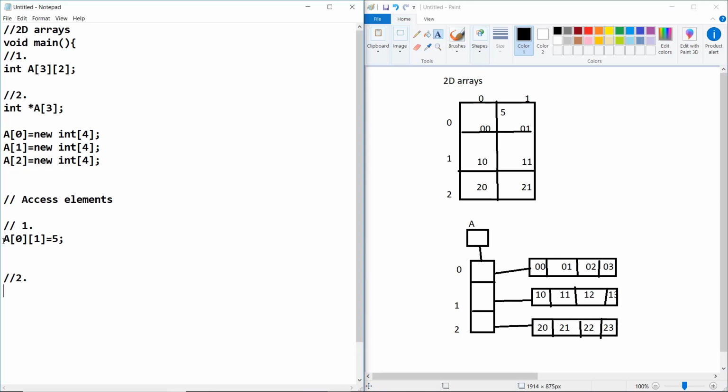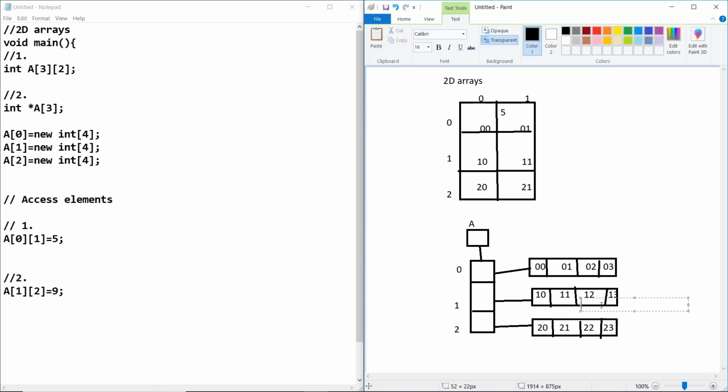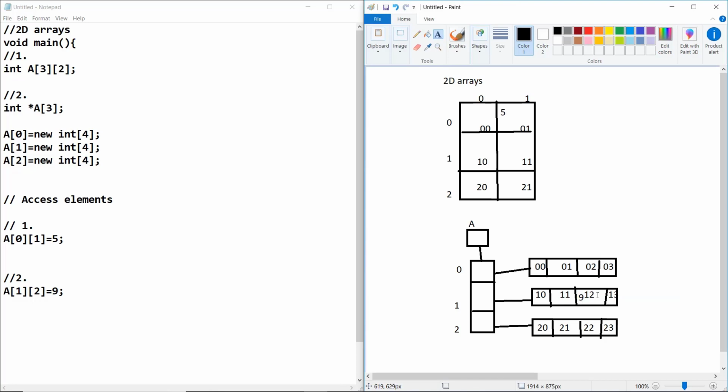To access this element, capital A of 1 of 2, I want to assign 9 to it. You can see 9 is assigned to this address. This is how you can access and assign elements.